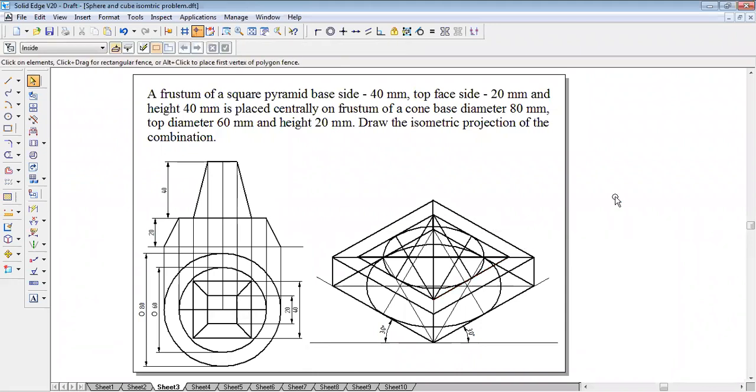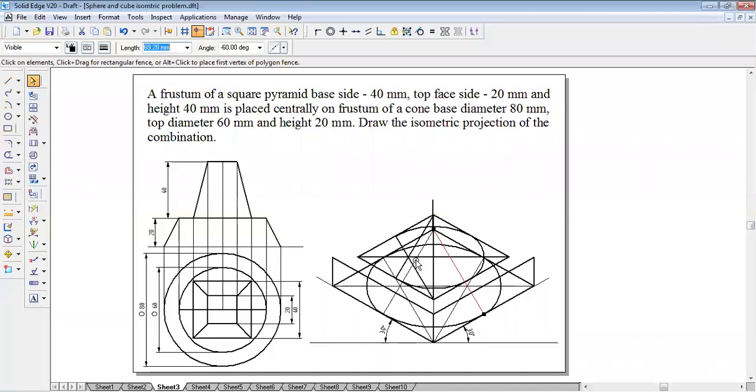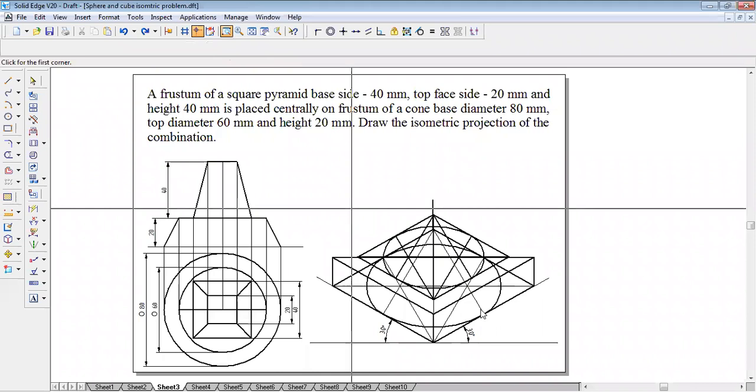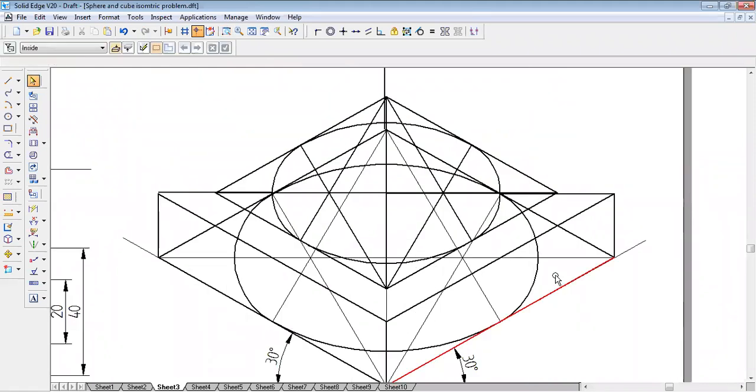Okay. Remove all the unwanted lines if you want, so that we do not get confused, because already you have drawn the sphere. So we can remove the unwanted portions of this. How to remove it?